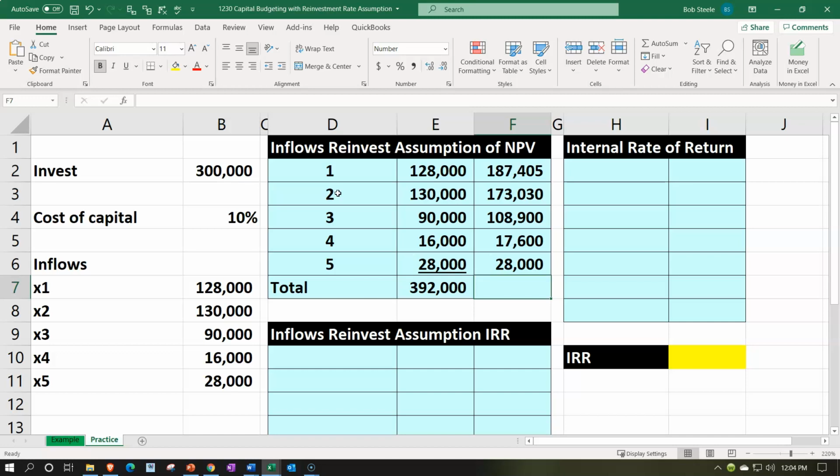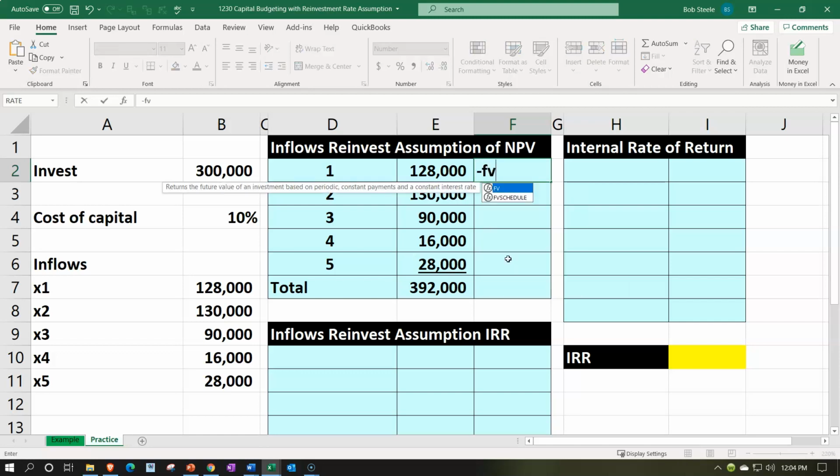Let's do it again. This time just copying it down just to show that this kind of thing that I did works, copying it down. It totally works. Watch. This is how you want to do it because it totally works. So this will be negative future value, shift 9, rate is going to be this 10%, F4, comma, number of periods. We're going to be picking up the 5 down here, absolute reference, F4 on the keyboard, minus the 1. So the 1 will move down, the 5 will not, and then comma, comma, and the present value 128 and